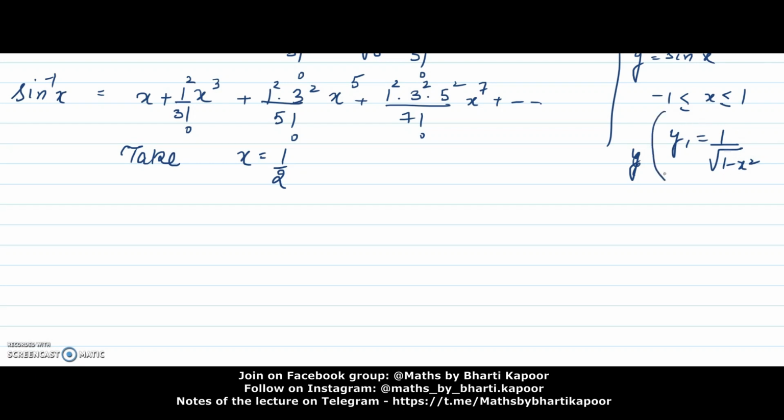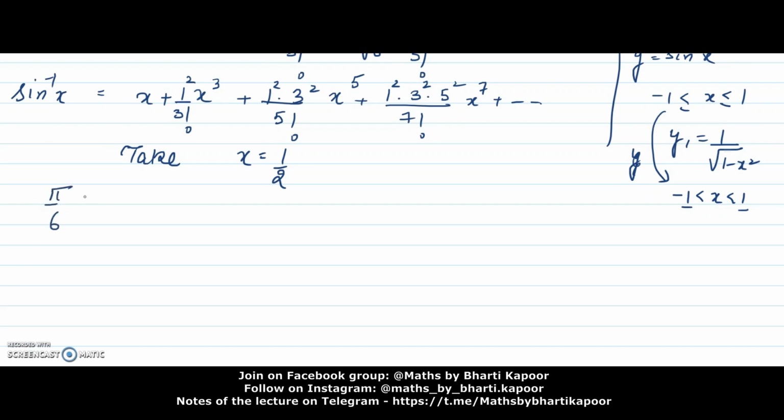So the possible values of x are in the open interval minus 1 to 1, excluding minus 1 and 1, because for those y1 will not exist. So we can take x equal to 1 by 2, and sine inverse 1 by 2 is